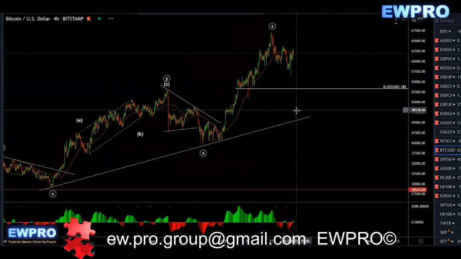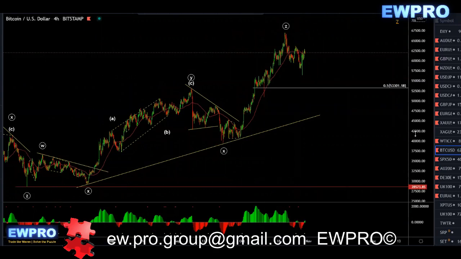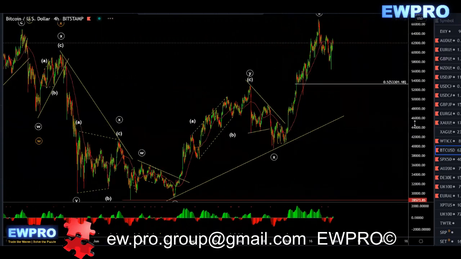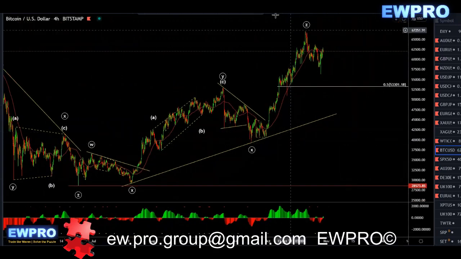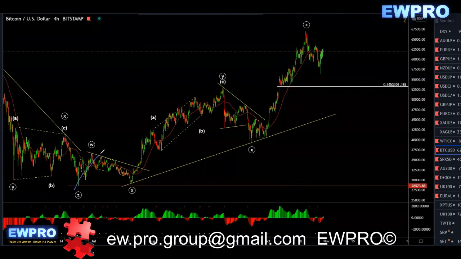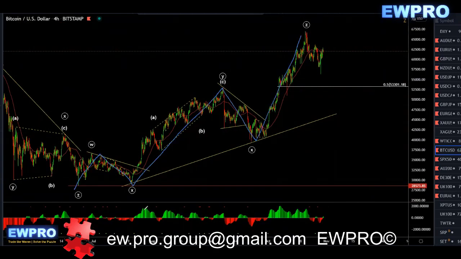And you see here on the H4, we're looking at WXY, X2, and then the Z up. Problem was we didn't get any bearish divergence. This is still looking rather